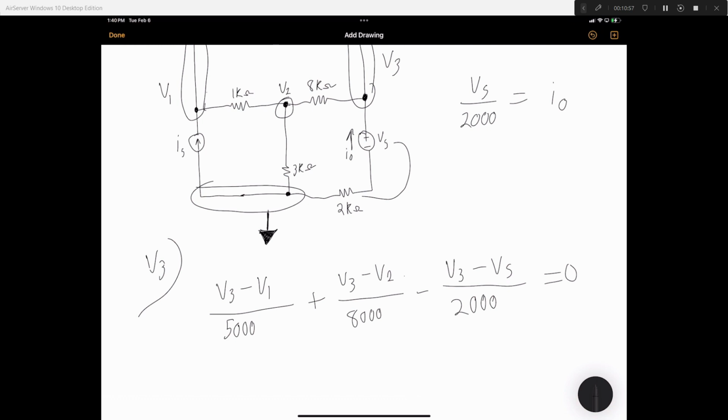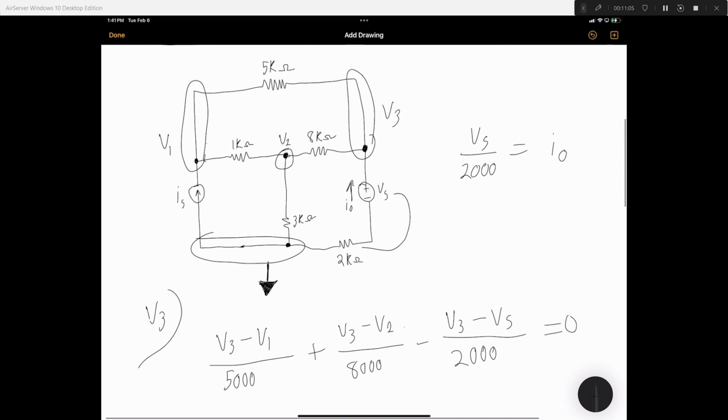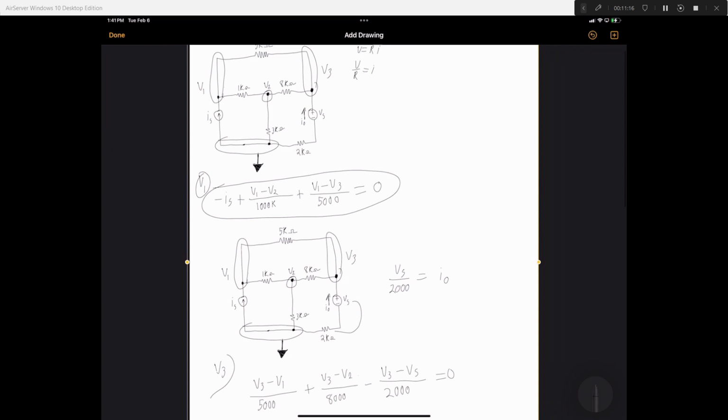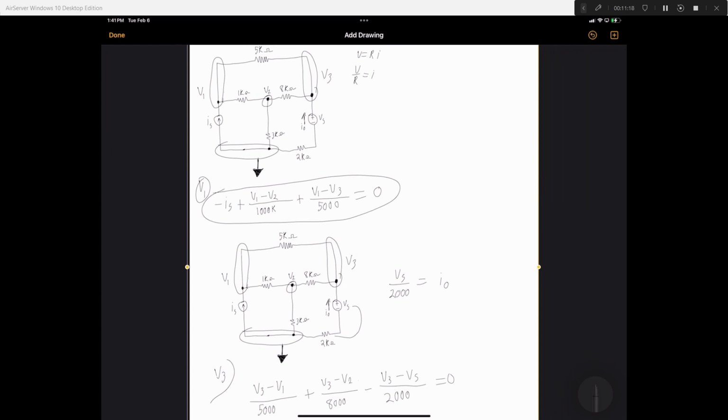Alright, next part. Now we need to solve for the actual voltages. What are the voltages at V1, V2, and V3? Well, this is the hard part. And it's the most painful part if you don't have a graphing calculator. Now that we have all these, right, we must